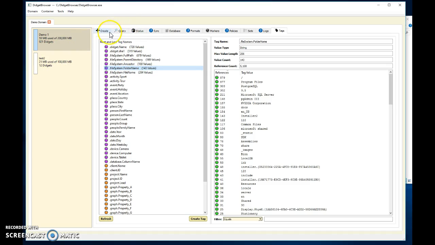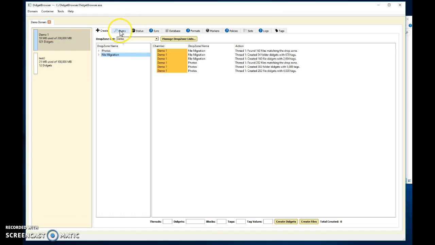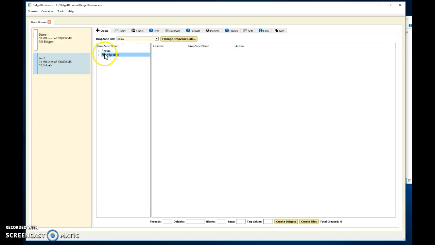In addition to being able to create files by dragging and dropping them on these folders, we also have a way of creating large numbers of test digits. We wanted to be able to test our system. So let's go to this other container. We'll leave file migration